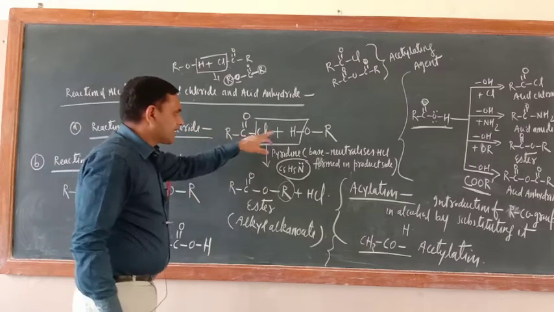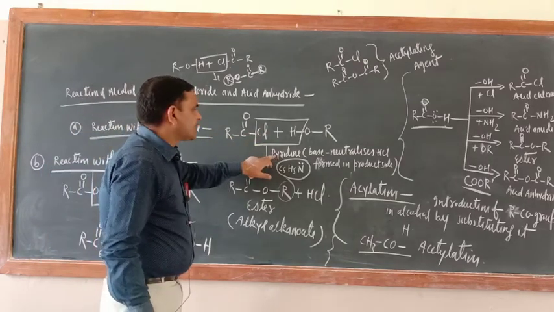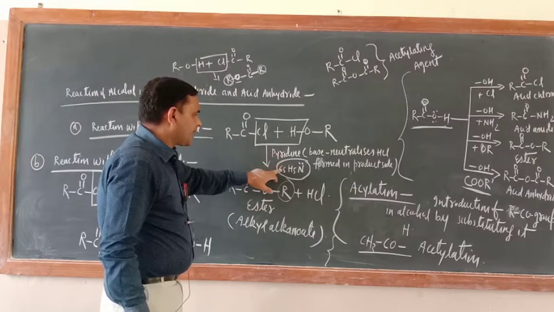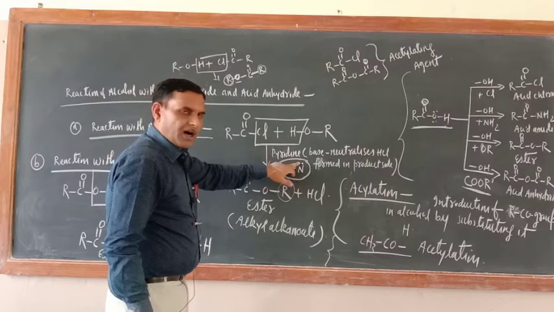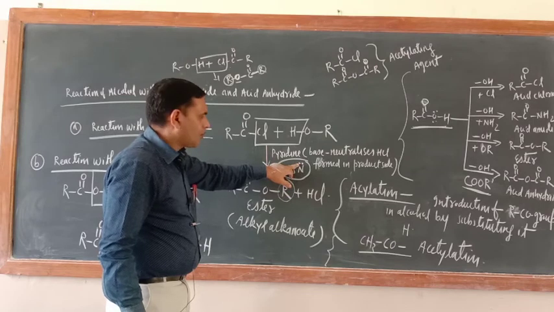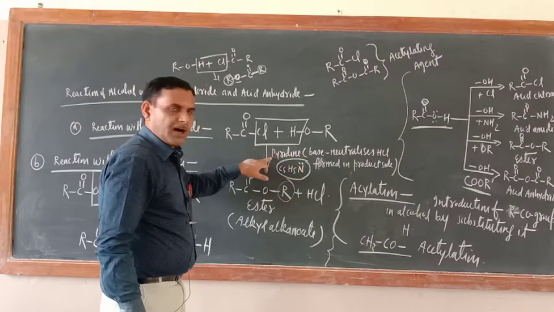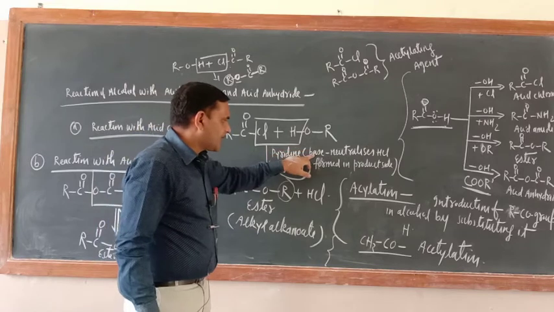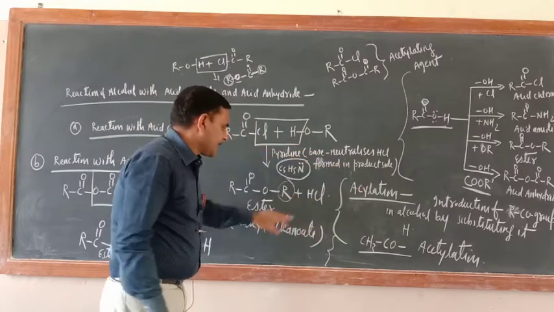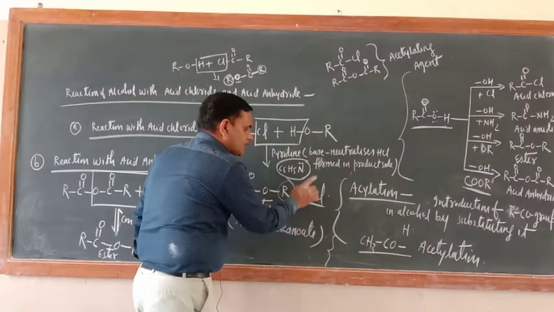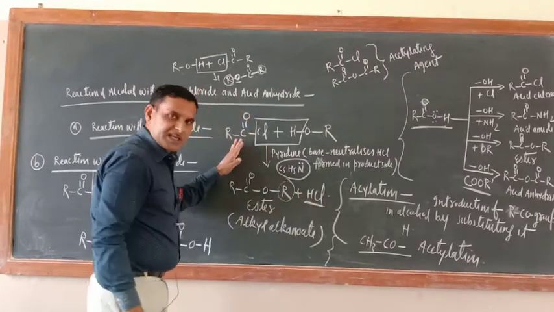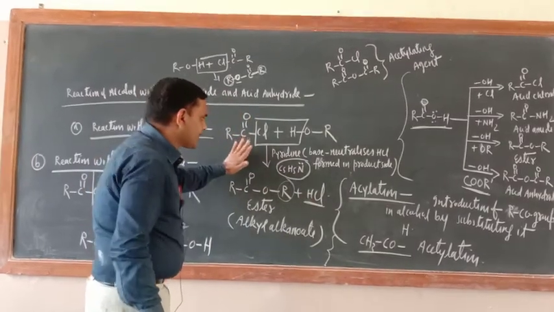So during this reaction what is happening? This reaction takes place in the presence of pyridine. What is the formula of pyridine? C5H5N. It is a base because of the presence of a lone pair of electrons. And what is the need of pyridine here? It is the base which neutralizes the HCl formed on the product side. In this reaction HCl is formed, so this base will neutralize it. Otherwise the yield will be less. Have you got this one?